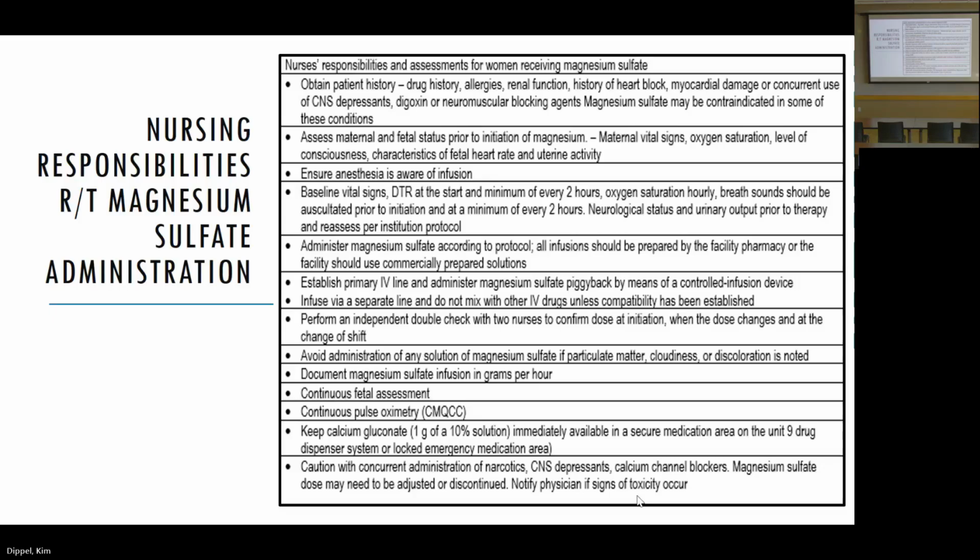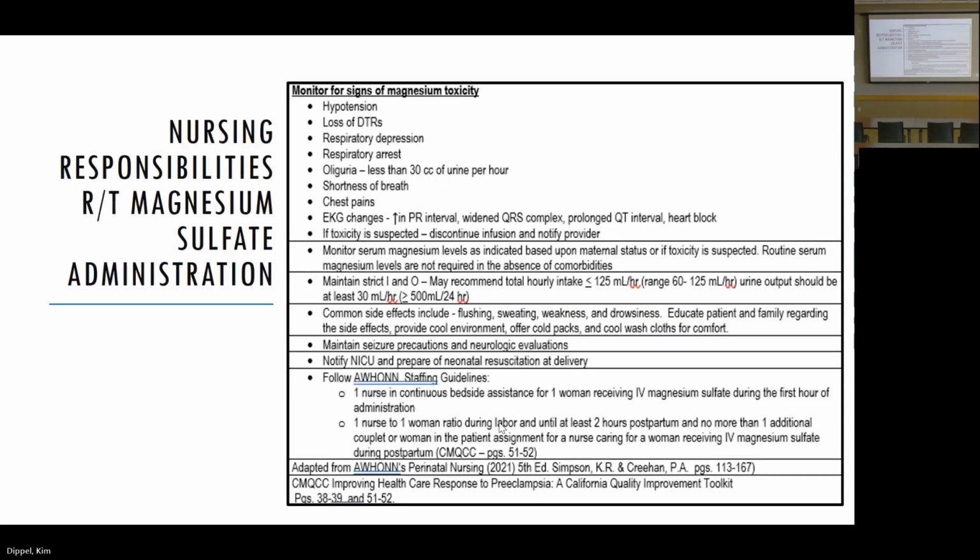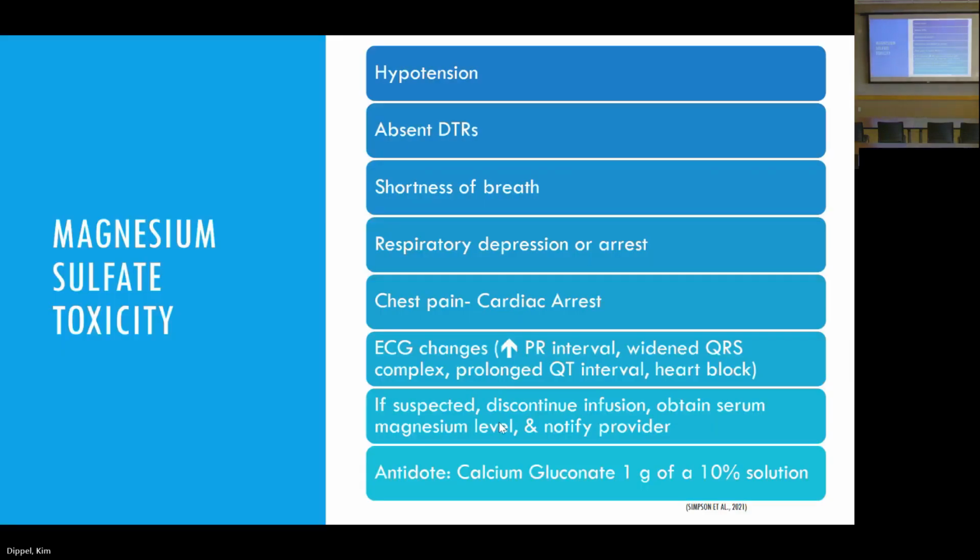You can look at those, but the important thing is the calcium gluconate is the antidote that needs to be in close proximity, and then monitor for signs and symptoms of magnesium toxicity, because no longer do we do mag levels necessarily. And I would say always do strict I&Os, pulse ox, one-to-one guidelines. And on the next slide, it talks about